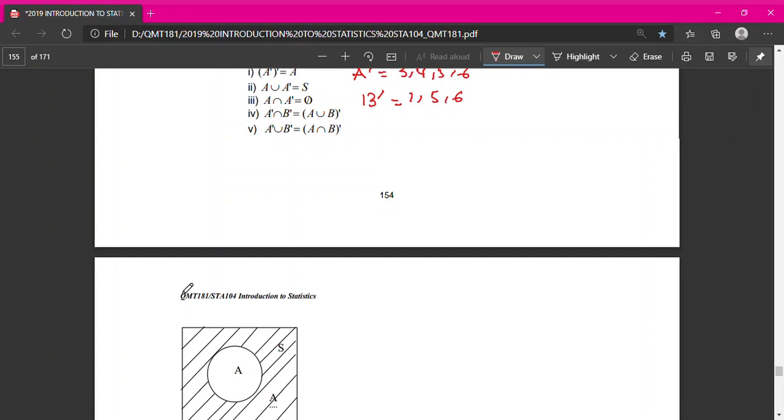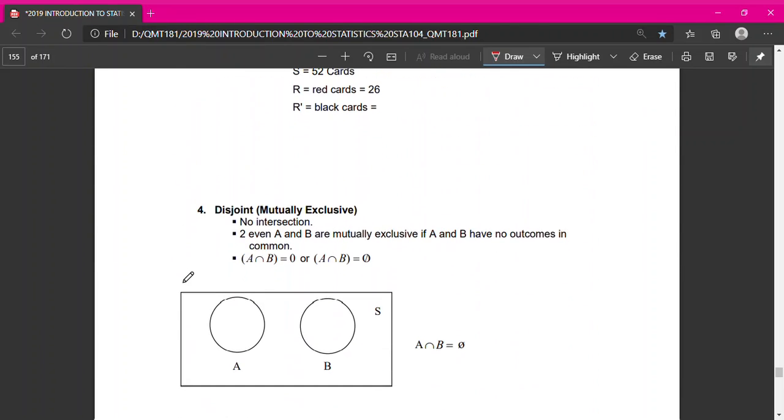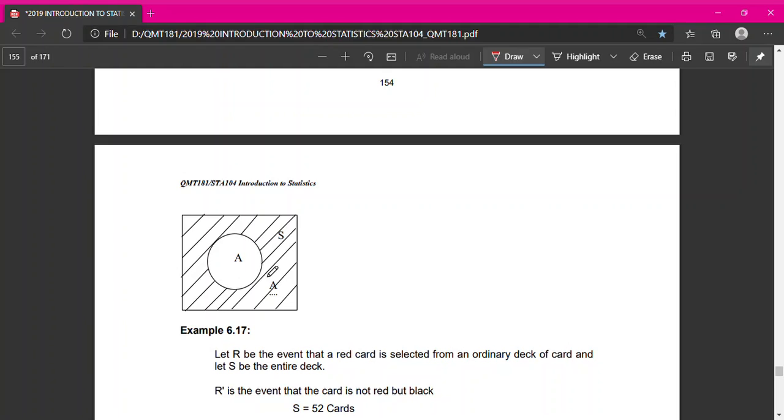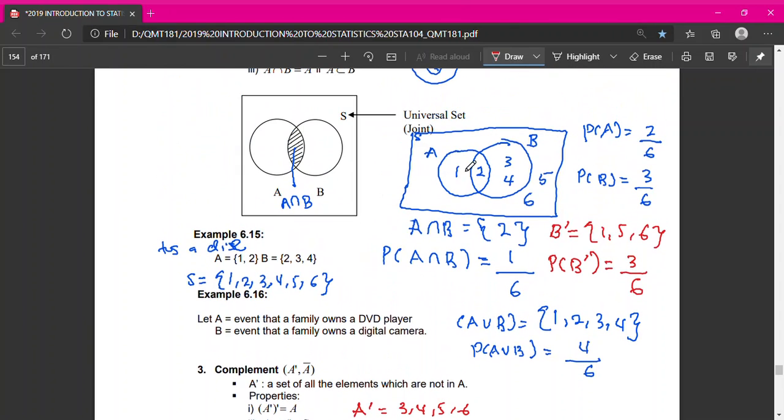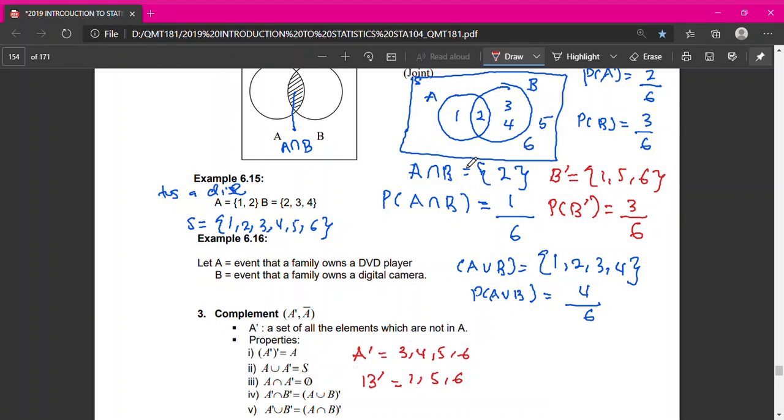Okay. Ini illustrationnya lah. Ini A, ini A complement. Sepatutnya kat sini. A, ini A complement selain daripada A. Okey, saya nak buat gunakan yang ni lagi. Contohnya, you nak cari